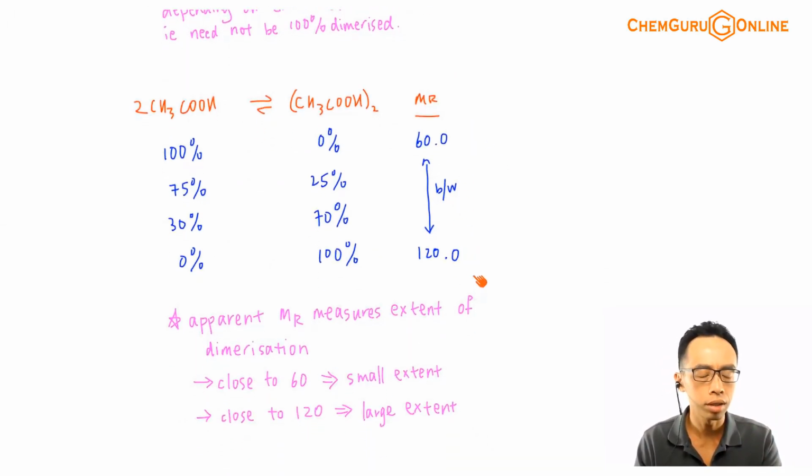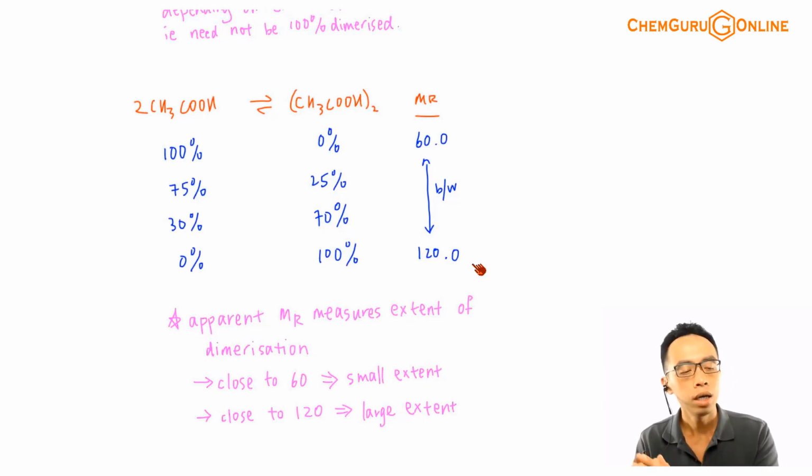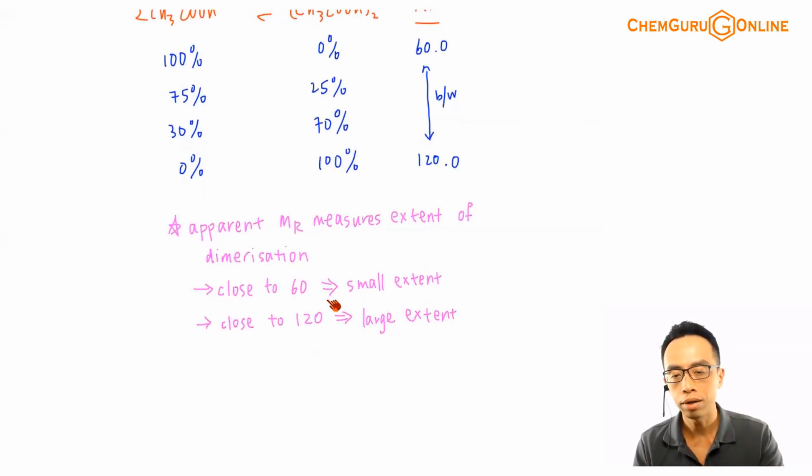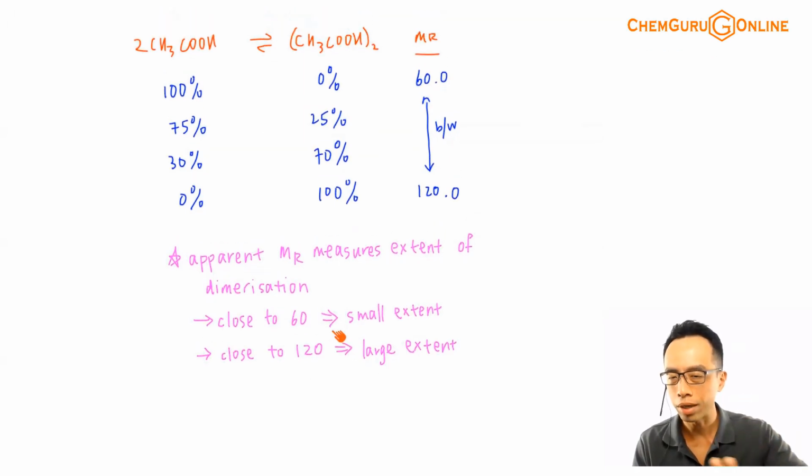All right. I think this is good to keep in mind, because dimerization questions are pretty straightforward, and it's fairly common for them to give you that the MR doubles, but I think it's a bit too easy. Maybe they can modify this a bit. They give you this idea, but instead of doubling the MR, they give you an increase by a certain percentage. Then what we do is we just add on to this idea. It undergoes dimerization, yes, but it is not 100% dimerized. So the apparent MR will be closer to double, but it's not yet double,